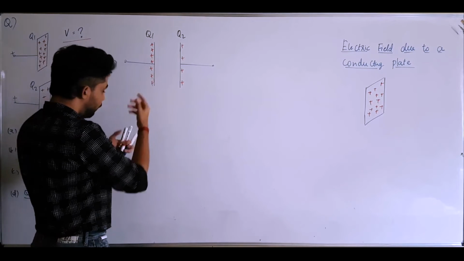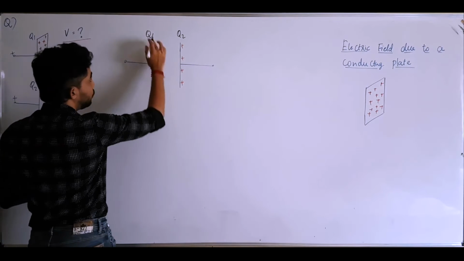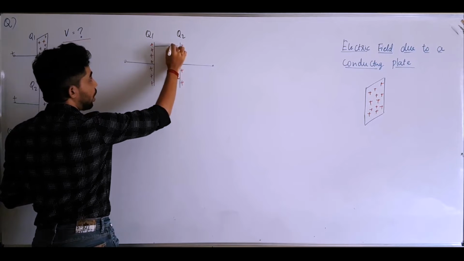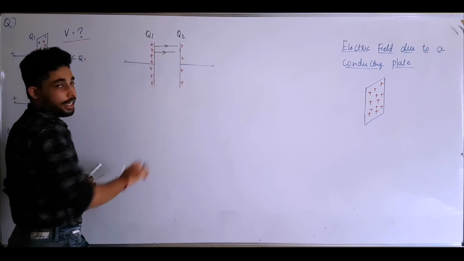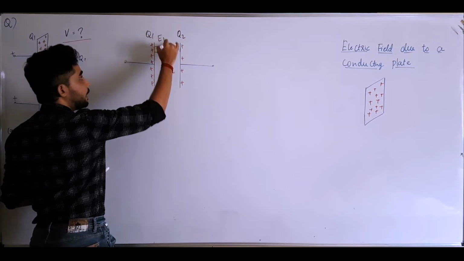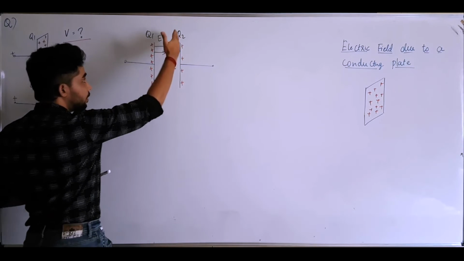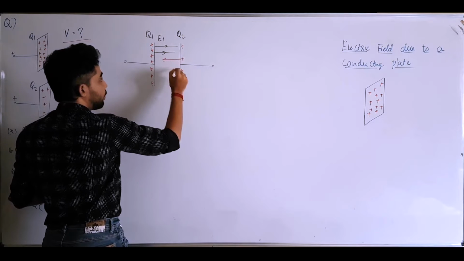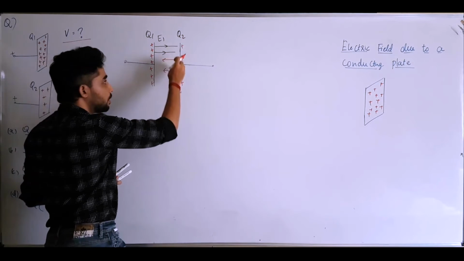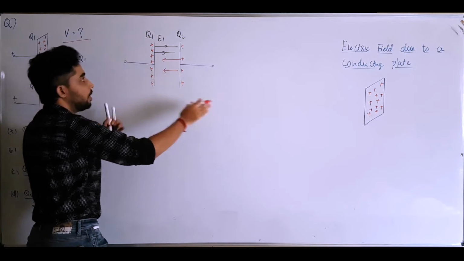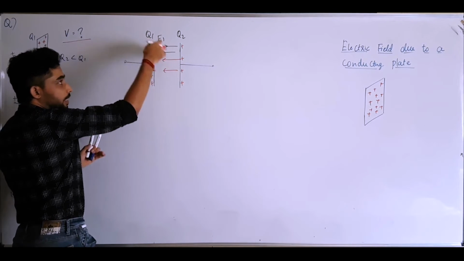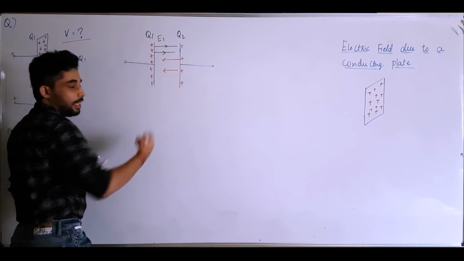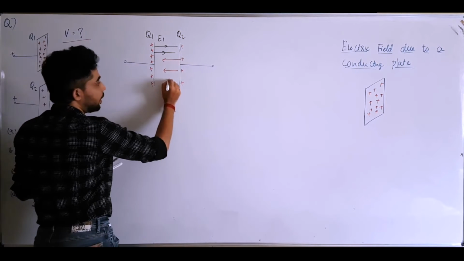To find the electric field, we can understand from the figure that due to this plate with charges Q1, there will be an electric field outwards like this, in this direction. Let me call that electric field E1. In the same way, there are charges Q2 here, and because of that there will also be an electric field. Why? Because the electric field from positive charges is always in the outward direction. So here in this region it will be like this, and here also it is outward, and in this region it should be going in this way. I'll call that electric field E2.